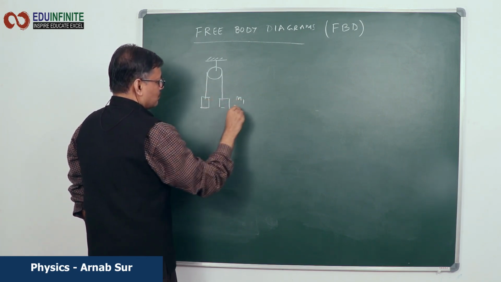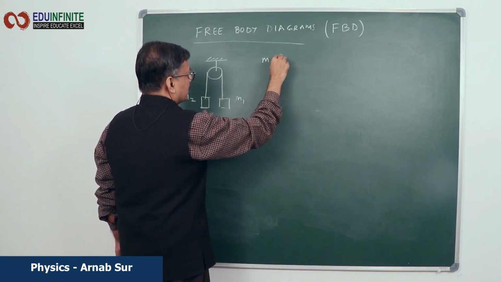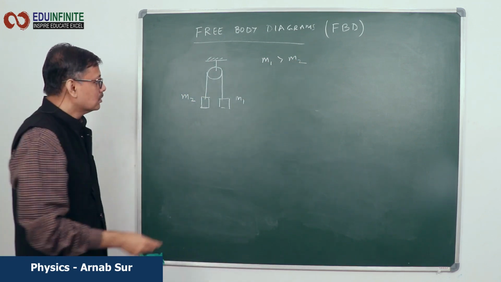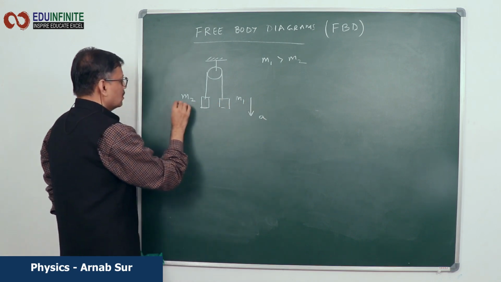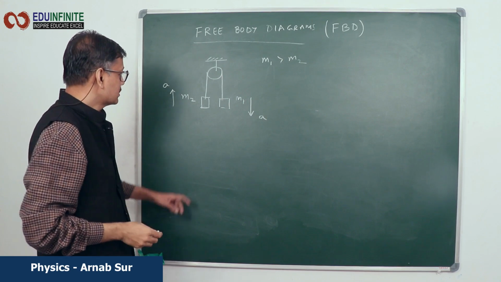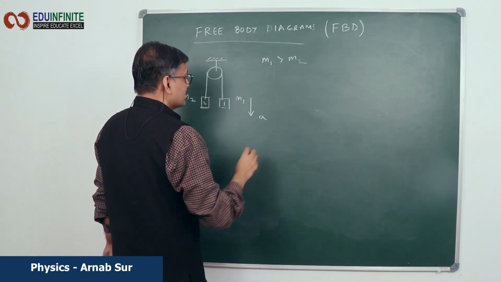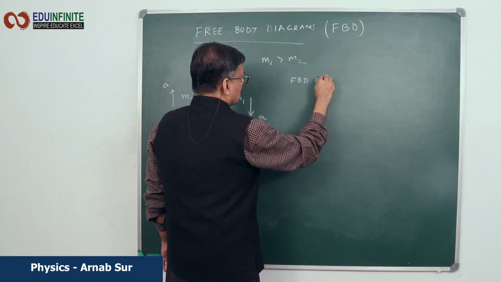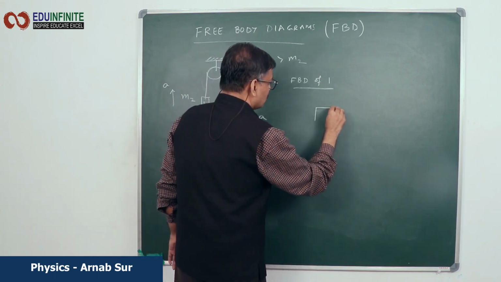This is mass M1, this is mass M2, and let us assume that M1 is greater than M2. So obviously this will accelerate down, this will accelerate in the upward direction. So this is body 1, this is body 2. What is the meaning of free body diagram? If we are drawing the free body diagram of body 1, we will just mark all the forces acting